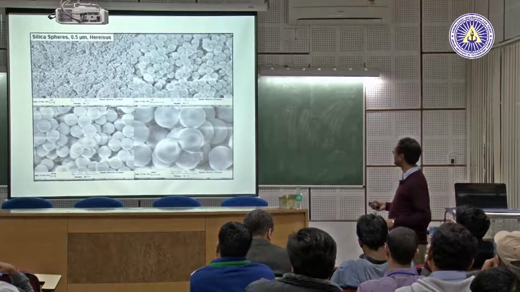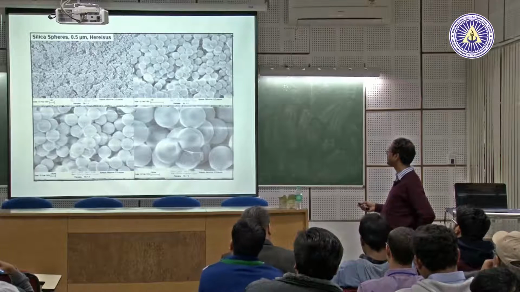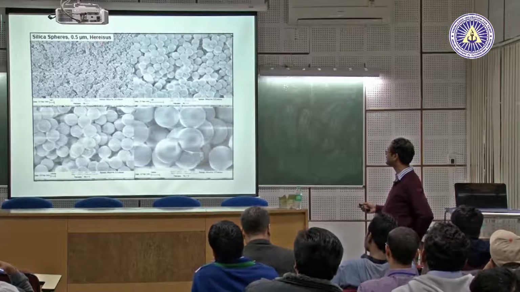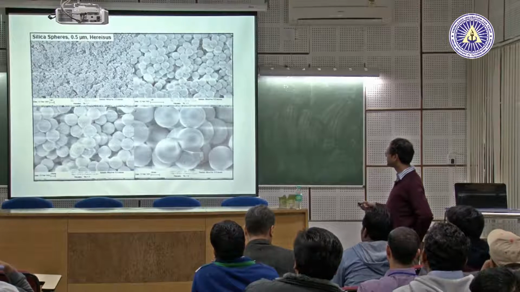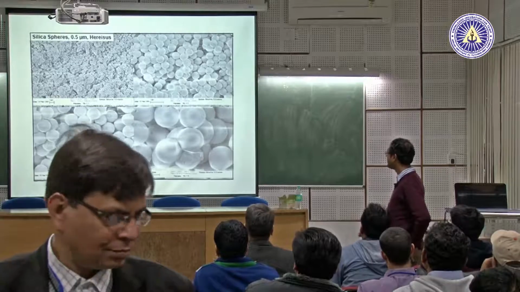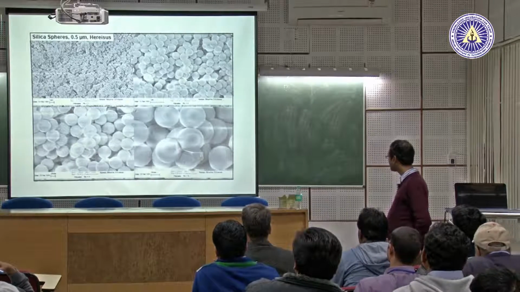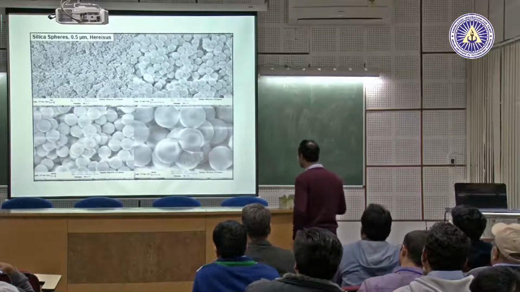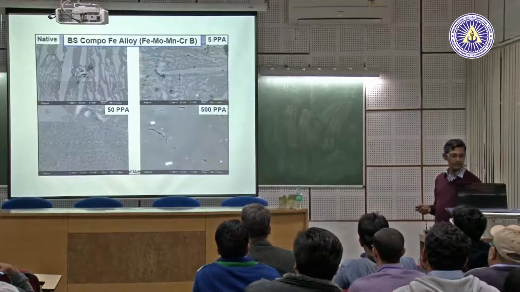These are secondary electron images, all differently magnified, of silica spheres from a company called Heresias. 5 micron, 0.5 micron. You can see that if it is coated nicely, silica is not a conducting material. You have to coat it with something, so you can magnify to a very high level, something like 10,000 times from there to here. And secondly,